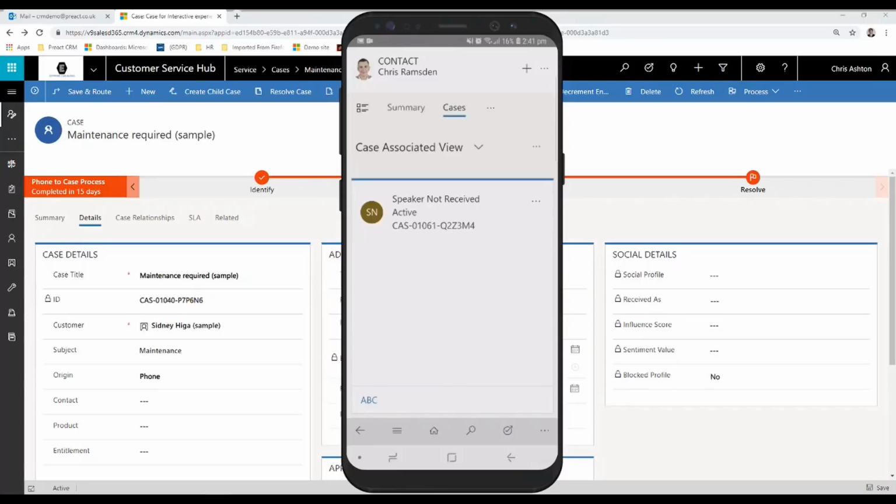Hopefully by this point I haven't bored you too much. So essentially I'm not going to go on too much about talking about how amazing the mobile app is. There's a lot of functionality for those of you who aren't currently using the mobile app, and with version 9 this is only added to those features. So one thing I wanted to show you on the mobile before I get rid of my screen is